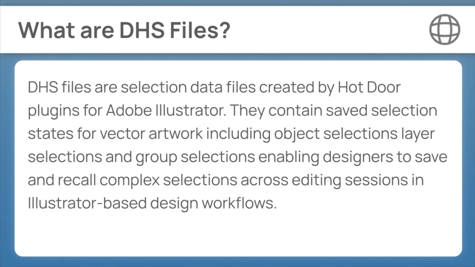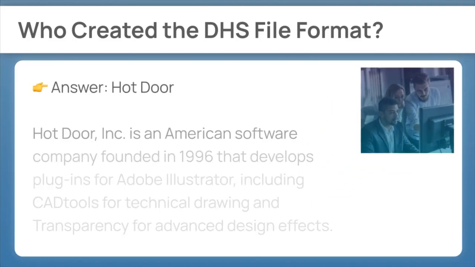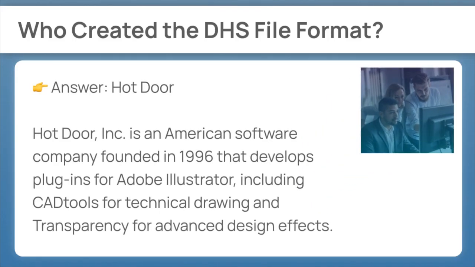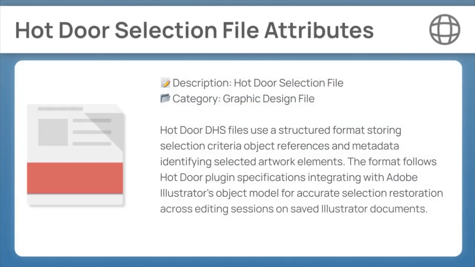They contain saved selection states for vector artwork, including object selections, layer selections, and group selections, enabling designers to save and recall complex selections across editing sessions in Illustrator-based design workflows. Door DHS files use a structured format storing selection criteria, object references, and metadata identifying selected artwork elements. The format follows Door plugin specifications, integrating with Adobe Illustrator's object model for accurate selection restoration across editing sessions on